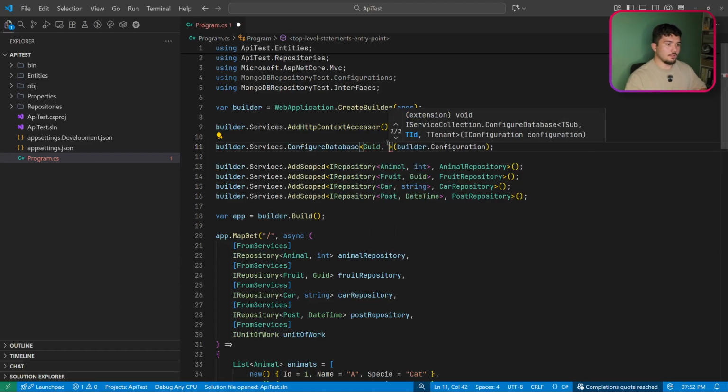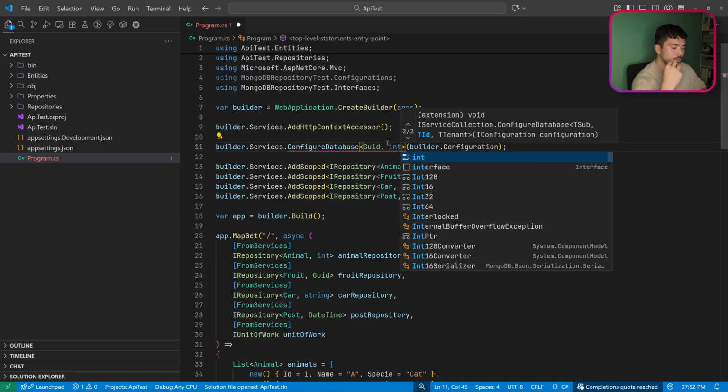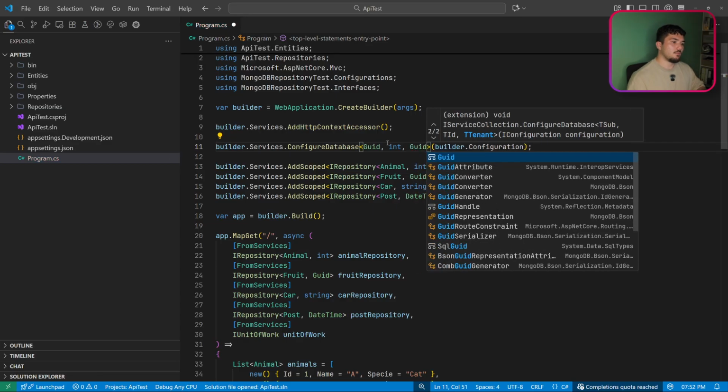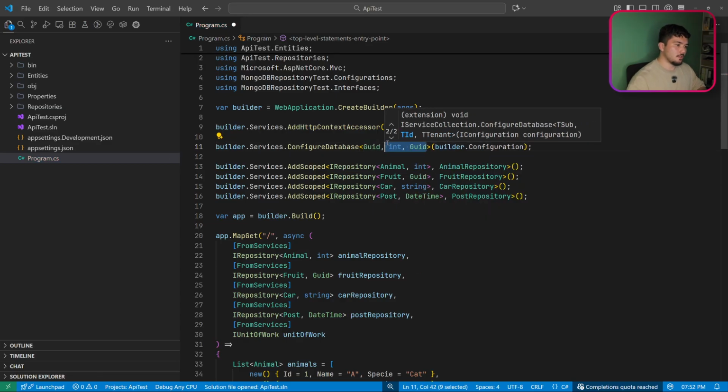and then the first GUID is for the tsub, which is the user info ID, and then you have the type for the ID in the documents, which can be an int, and then you have the tenant, which is the tenant ID that is on the document and also on the user info, and this can be a GUID again. However, I'm just leaving everything as a GUID,